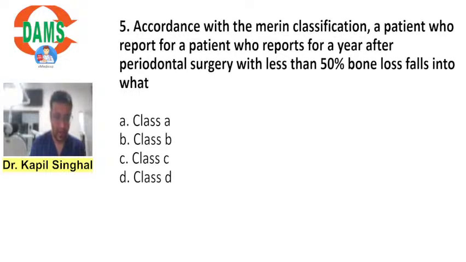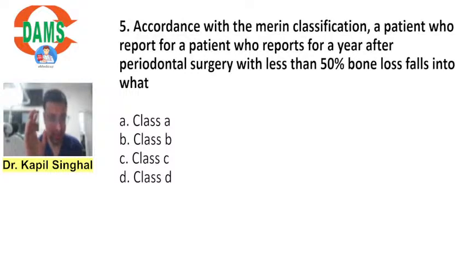Okay, so the next question, according to the Marin classification, a patient who reports for a year after periodontal surgery with less than 50% bone loss falls into what? Okay. So again, this question is not a complete question. There are some things that are missing in this question. So first of all, what is